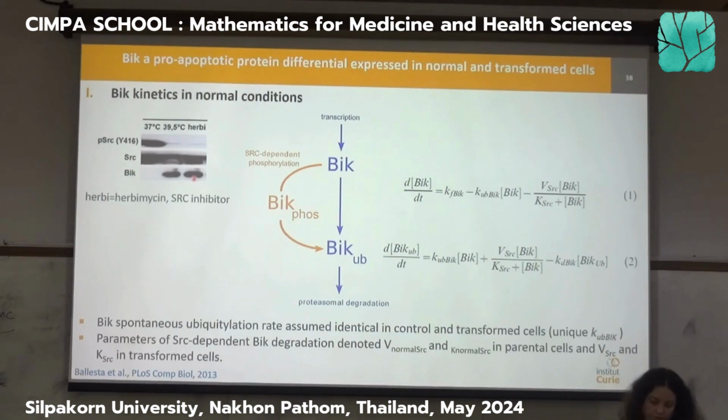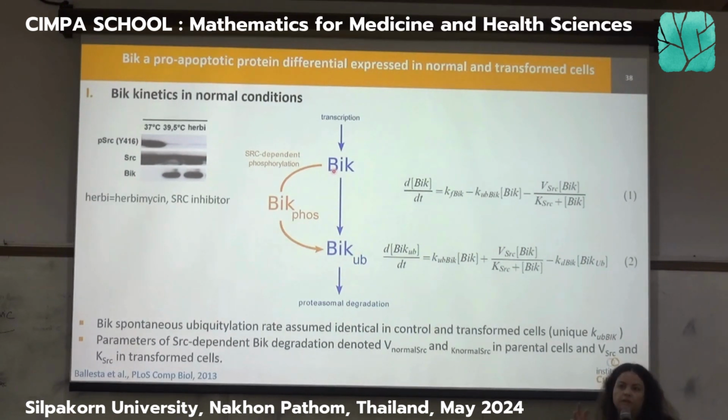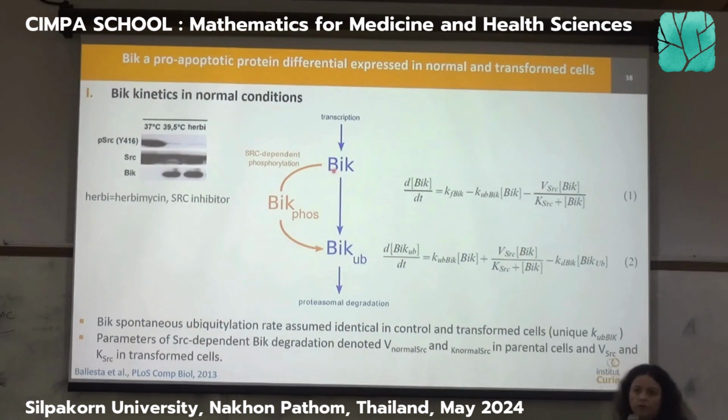So we have created a mathematical model, which is this scheme here. So BEAK is transcribed. Remember that BEAK is the protein. If there is a transcription coming from an mRNA, here we just model this as a source. Okay, mRNA is a continuous source. And then BEAK is